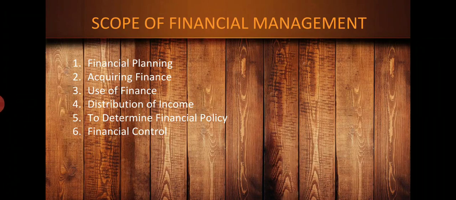Then after, fifth one, that is to determine financial policy. Here the organization is going to decide the credit policy of the organization. Now, the particular policy is related with the purchase of raw material of different departments, and that is to be prepared by the financial manager. Here we are going to have our methods of purchase.